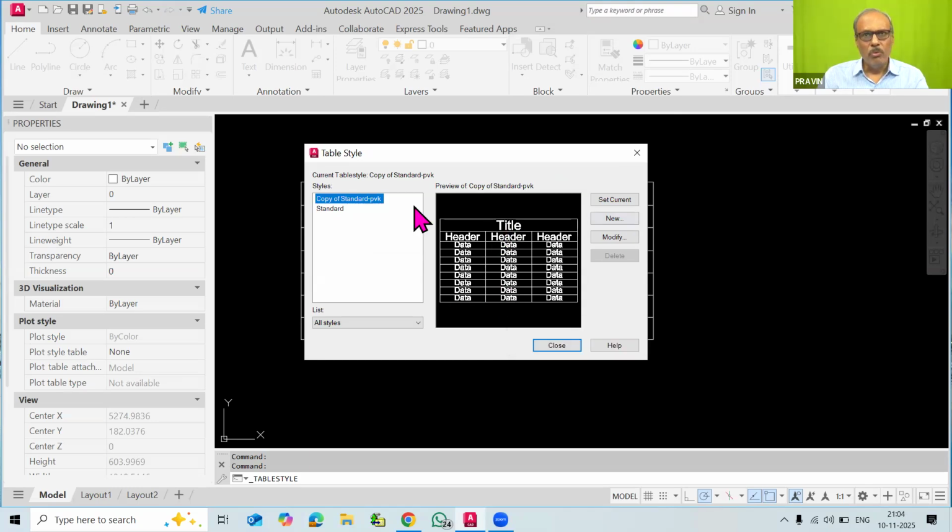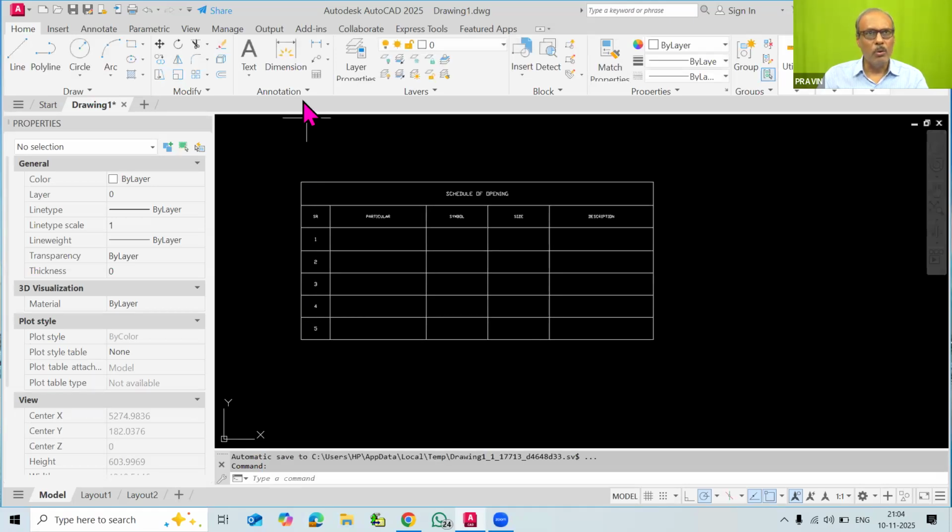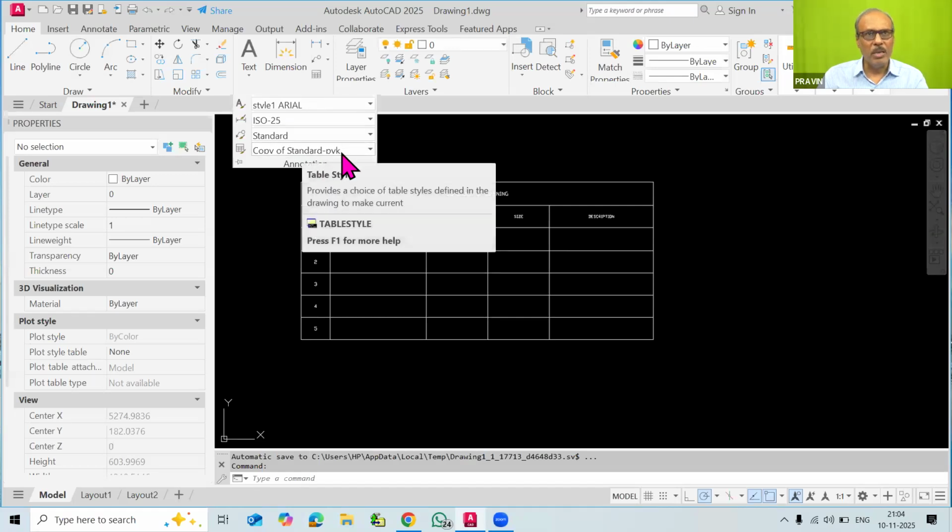Now with this, you have to click on set current. Once you have made it set current, then you can select set current and close. Now in such case, you can note down that when you go to the annotation panel, here the copy of standard dash PVK table style is appearing.